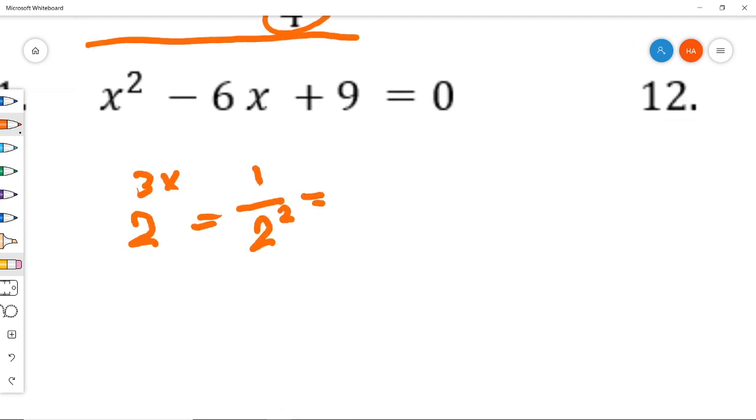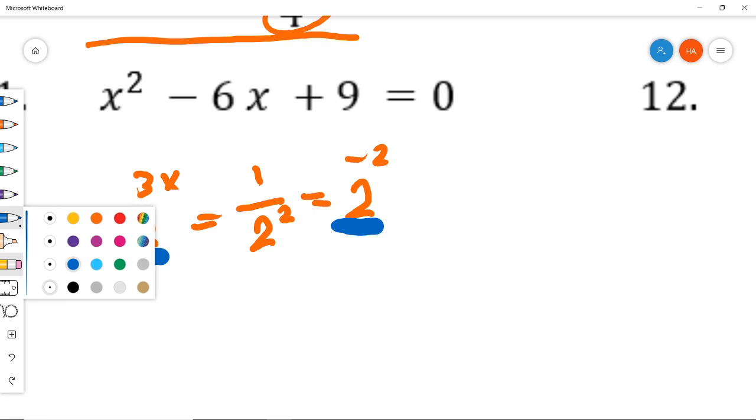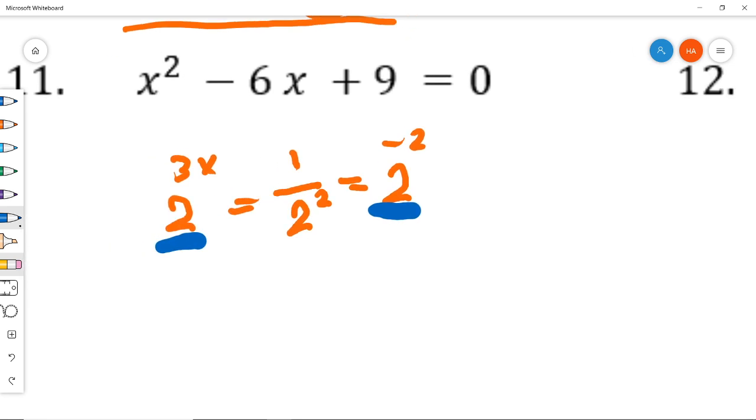We can write this as 2 to the power negative 2. So now we get the same base here and here, the same base which is 2. So when we get the same base, the exponent equals the exponent. The exponent here is 3x and here is negative 2. So the exponent 3x